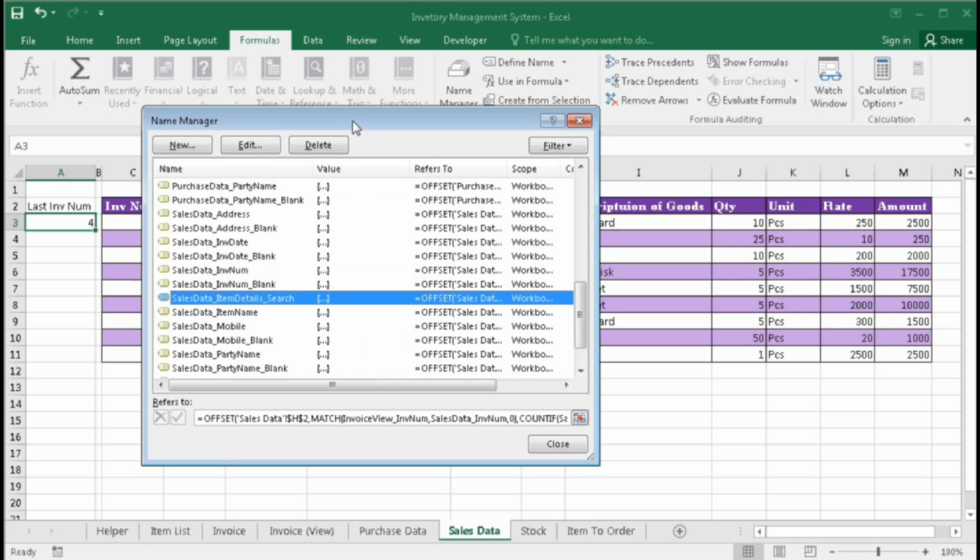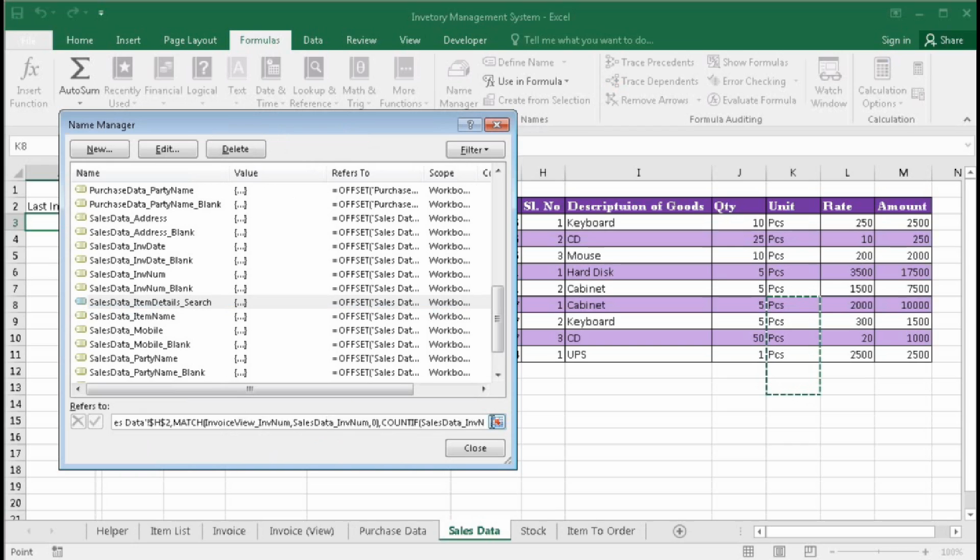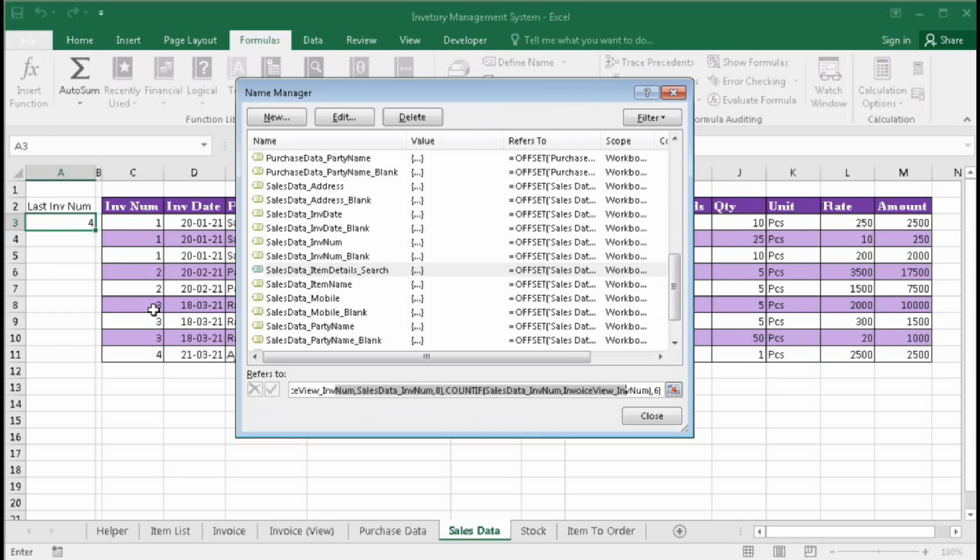Okay, now if I select here, it is selected, so there is some mistake. Let's see. So it starts from this one, 3.